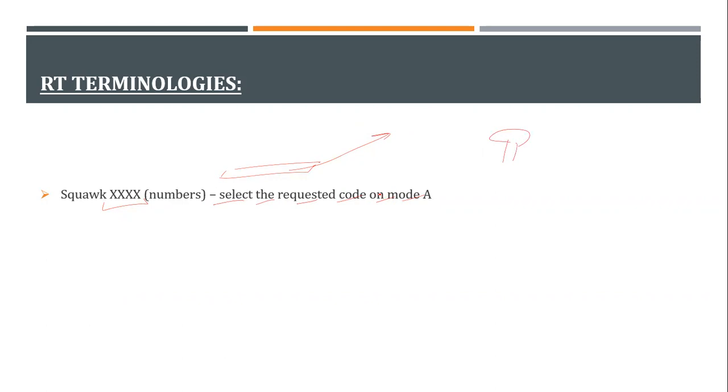So suppose that you request a code from some ATC around you. They will say squawk 6065. If they say 6065, that means that on your transponder, you have to put 6065. Whenever they have said it and you put 6065, they immediately will know: yes, we have told Victor Tango Foxtrot Delta to squawk 6065. So this is being shown also.